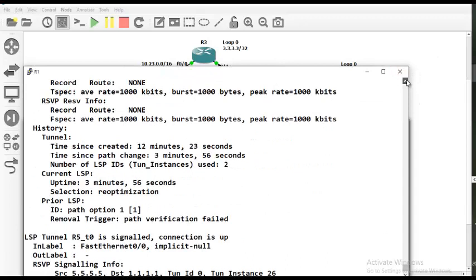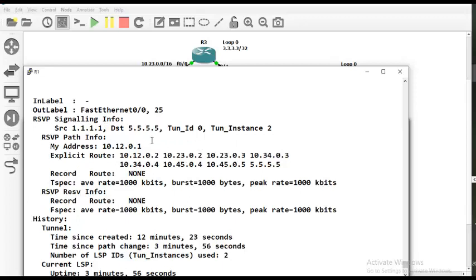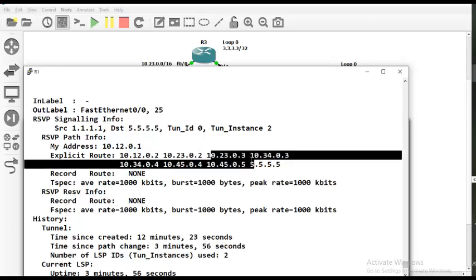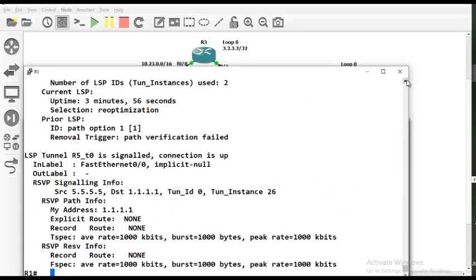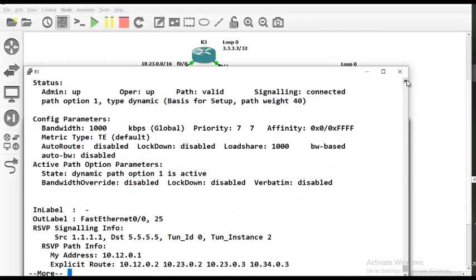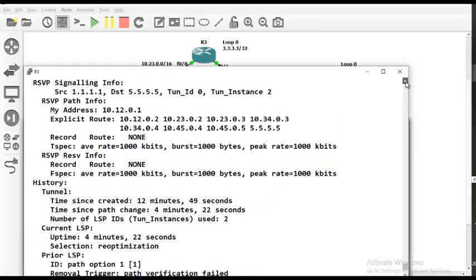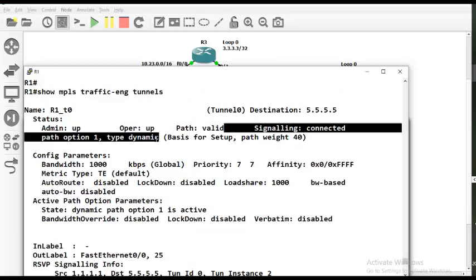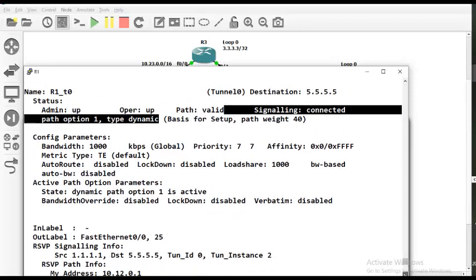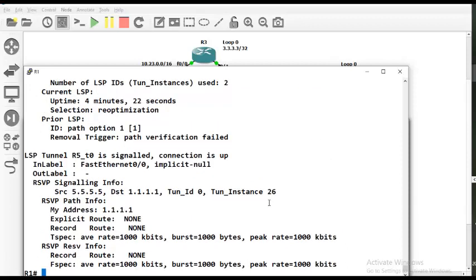This is very clear. Here it shows I'm going via router 3 to router 4. I'm going via router 3 to router 4. Here the path is nice. There is no problem in this output. When I trace route, it shows like it goes via the gig Ethernet. The tunnel is up, the path is valid, and what is the path? The path is this, going via 3. I appreciate this output, but when I trace route,